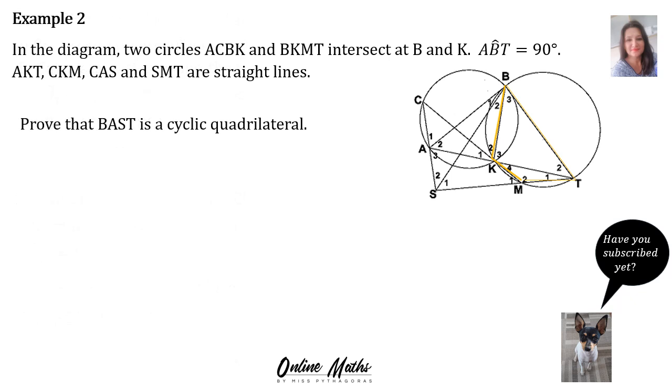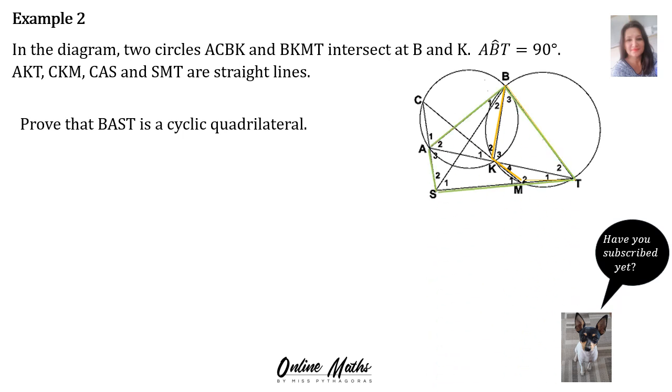Example 2. In the diagram, two circles ACBK and BKMT intersect at B and K. Angle ABT is 90 degrees. AKT, CKM, CAS and SMT are straight lines. Prove that BAST